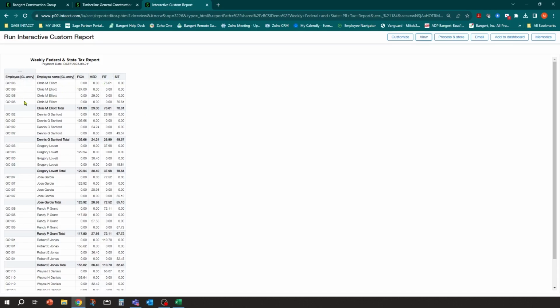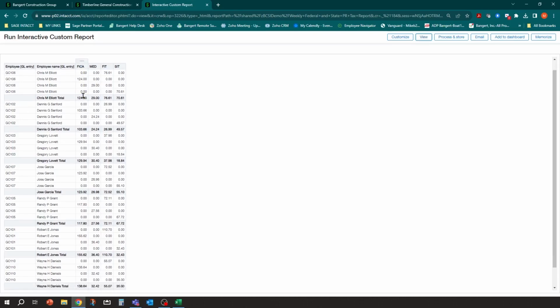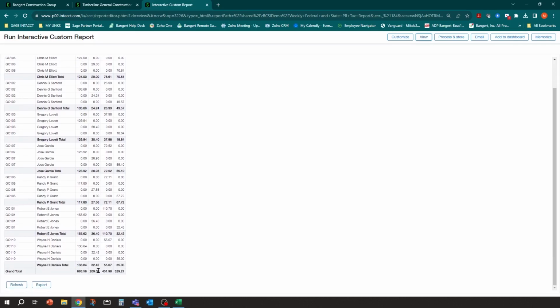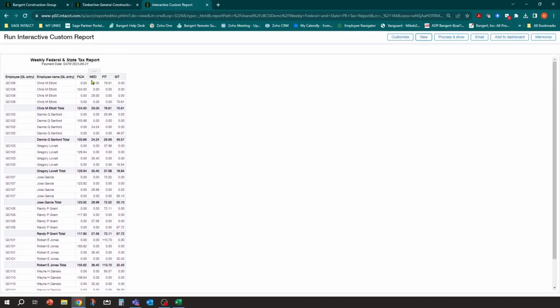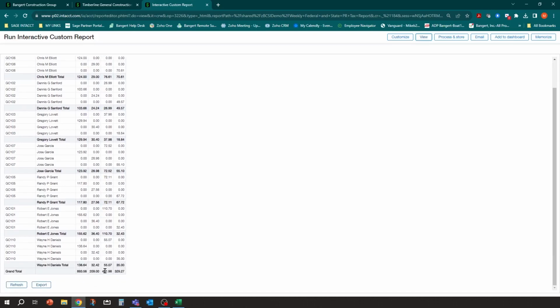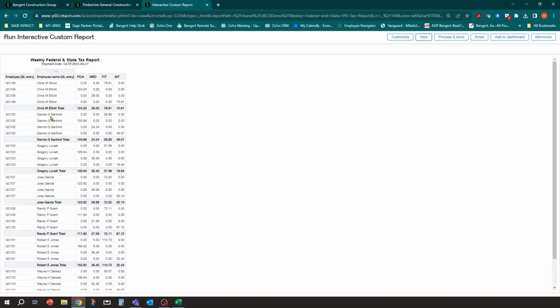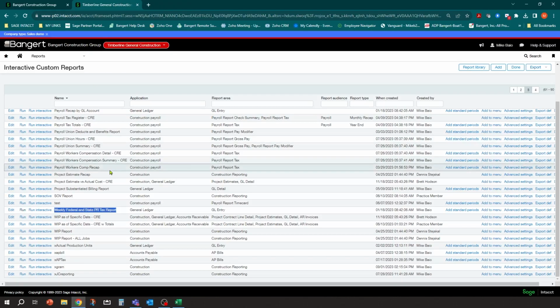If you don't want to turn it on, you can just summarize it by period end date or payment date, and you get a total at the bottom here. So you can say FICA total is going to be $893, and this is actually showing, I believe, employer and employee buckets as well. So that's a nice little report to use weekly, and you can also use it for a monthly recap with a tweak on the filter. So you can do that as well.